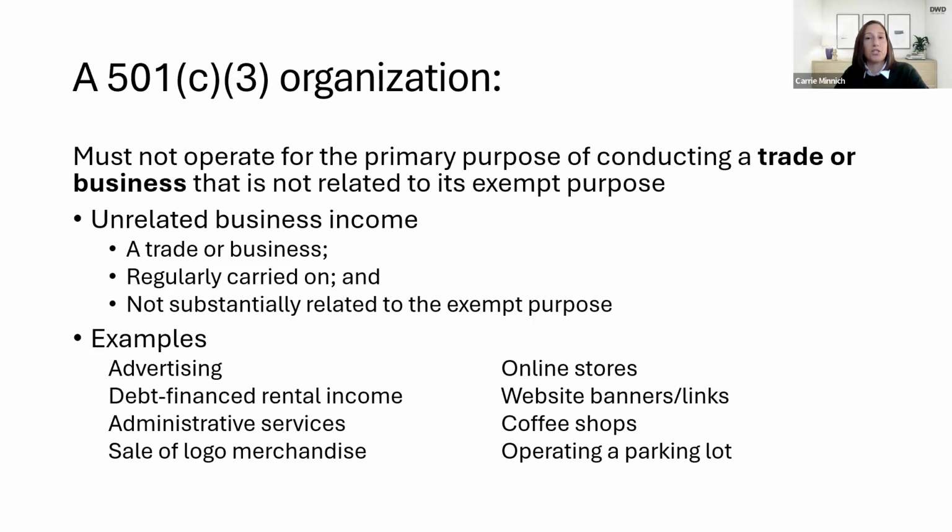So again, I just want to make sure that everyone is aware that it's okay to have some unrelated business income. It's fine. You just have to pay taxes on it, but it is a great way to build some additional revenue sources. The IRS just doesn't like it if you have too much. And of course, the IRS does not come out and say what a significant number is. I've seen some instances where it's been like 12% of the organization's revenue, other instances where it's been 80%. So it varies on the facts and circumstances. It's a very gray area. So you just want to make sure that you're aware of where your revenue is coming from and what kind of activities are creating that revenue.